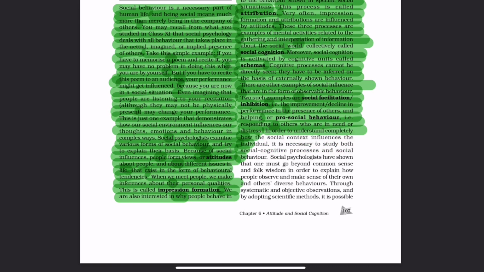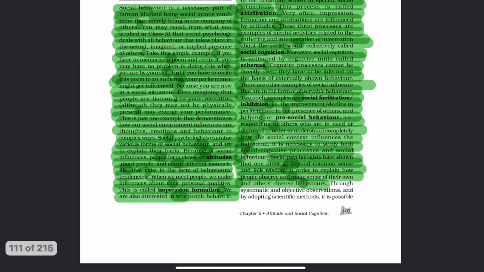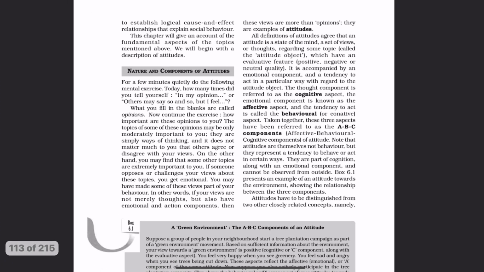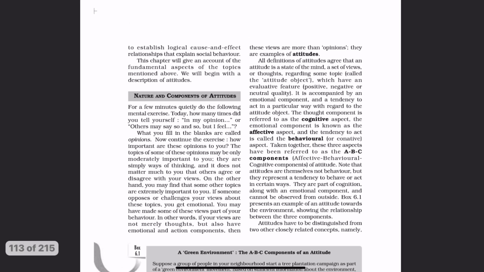कौन करता है काम? सोशल साइकोलॉजिस्ट जिनको हम बोलते हैं। तो सोशल साइकोलॉजिस्ट have shown that one must go beyond common sense and folk wisdom in order to explain how people observe and make sense of their own and others' diverse behavior. तो सोशल साइकोलॉजी कहती है कि कई बार तो हम गेस करते हैं कि ऐसा होगा, वो ऐसा होगा, ये लोग ऐसे होते हैं, एटीट्यूड जो हमारे होते हैं। लेकिन सोशल साइकोलॉजी में रिसर्चर्स ने इंडिकेट किया है कि बहुत बार ऐसा होता है कि जो आप सोचते हैं, वो चीज़ें नहीं होती हैं, है ना। Through systematic and objective observation and adopting scientific method. तो अगर हमें स्टडी करना है तो हमें साइंटिफिक मेथड के थ्रू सिस्टमेटिकली असेस करेंगे, तो ज़्यादा बेहतर इन्फ्रेंसेस हम निकाल सकते हैं, To establish logical cause and effect relationships that explain social behavior, है ना।